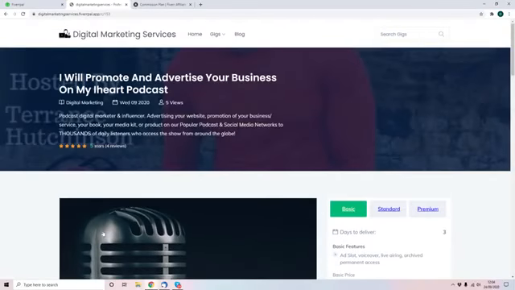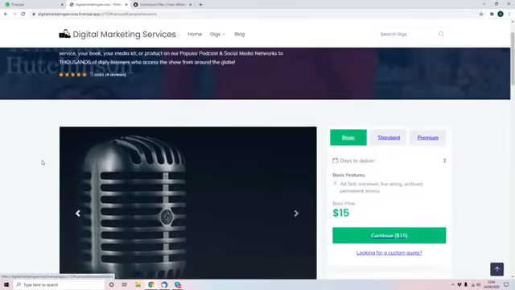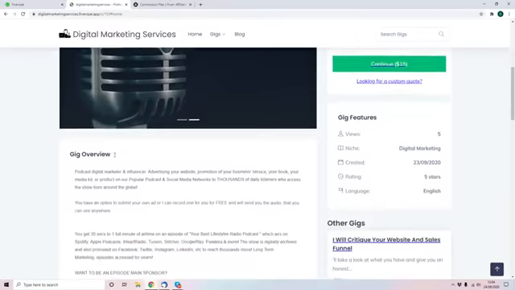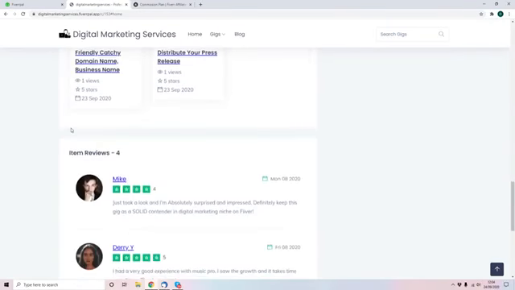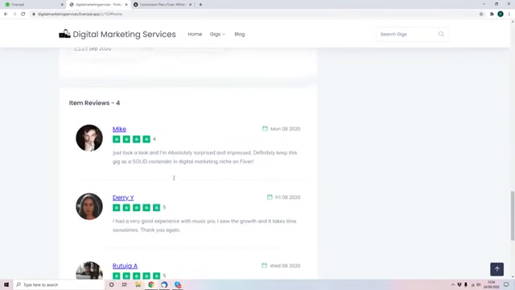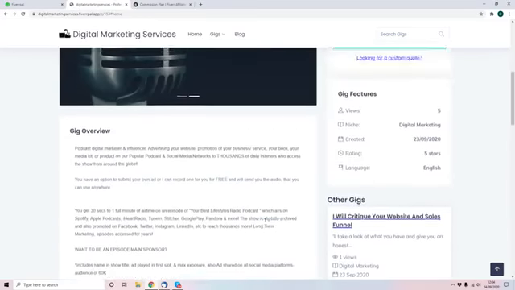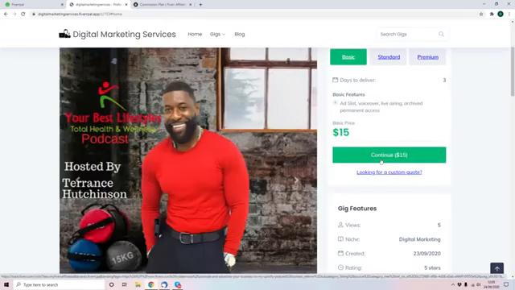If we scroll down here, you can see we've got multiple different pictures relating to the gig. We've got all the information about the different features, the different prices they can pay. We scroll down, you've got other suggested gigs that are related to it. You can get more information about it. All of them come with reviews, all done for you. Every single bit of information that you could possibly want to know about this recommended gig,